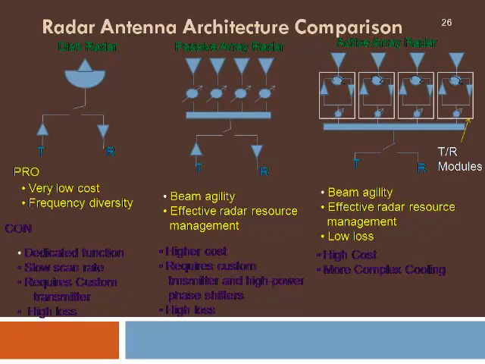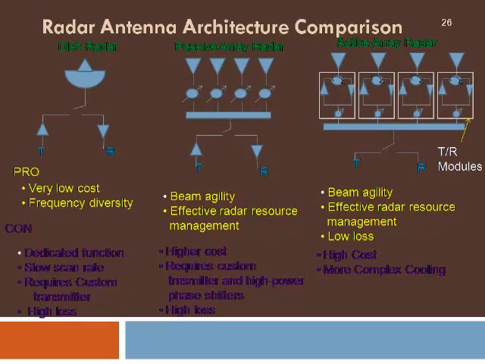Going to the second type, which we call passive array radar, the power output from the transmitter is split to different antennas, and by providing the required amount of phase shifts, we can see that the antennas radiate in a particular direction of the incoming target. And if there are several targets, the antenna can be used to point the beam to different locations by simply changing the phase shifters without the movement of the antennas. So as there is no mechanical movement, the scan rate can be at very, very high speed